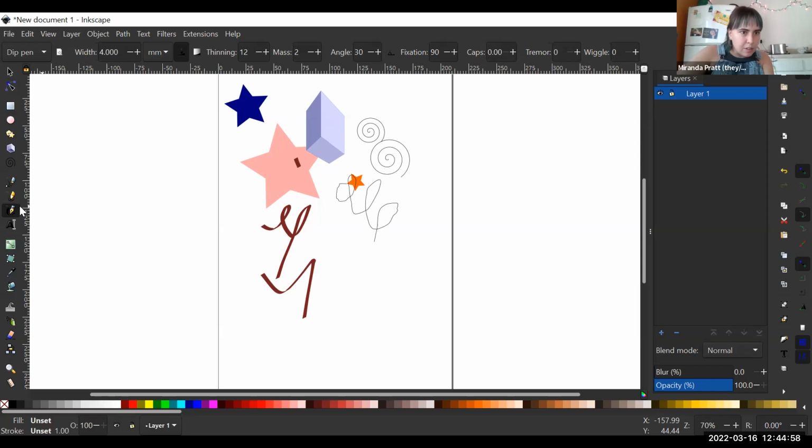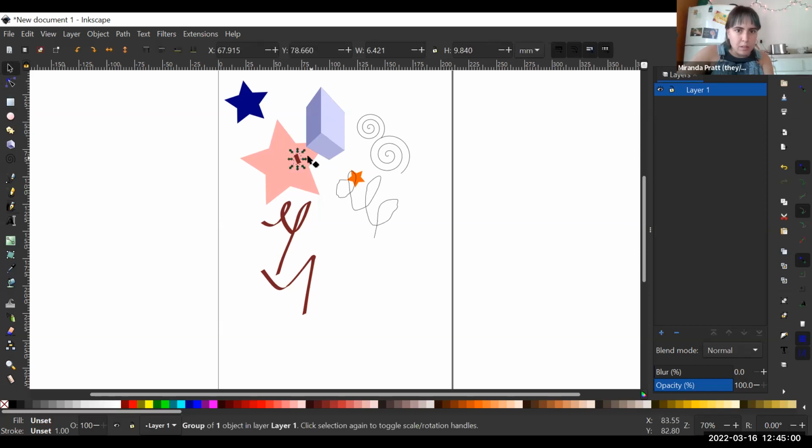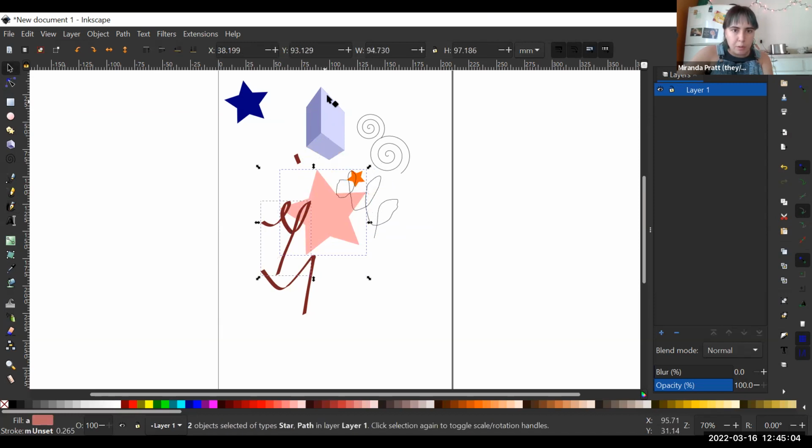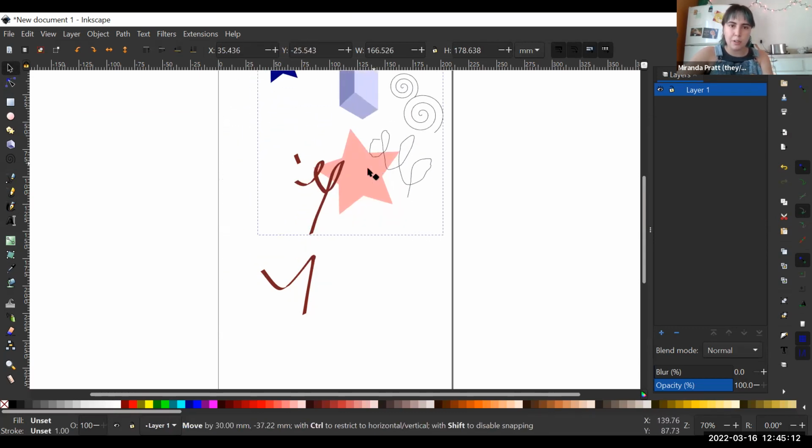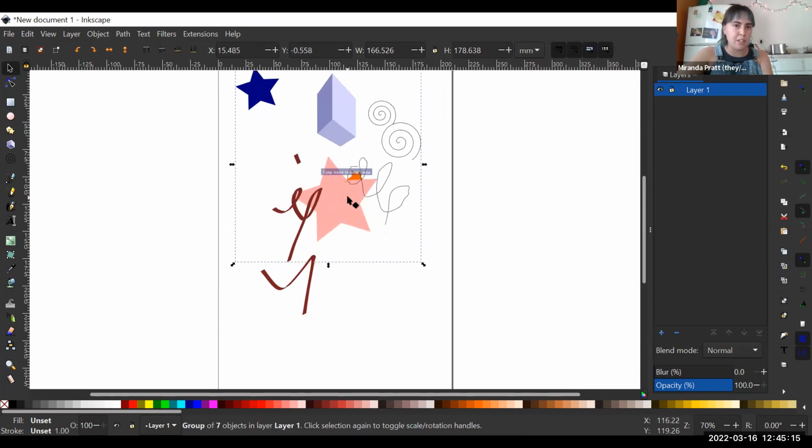And there should be a move tool also, but I think you have to select multiple ones. So I'm holding down Shift and clicking on all of my things, going to Control G, and now they are one group that I can move around however I want to. And to ungroup them, you can just do Control U. Those should be in this little top panel as well, but I am an image and shortcut person and not a text person, so